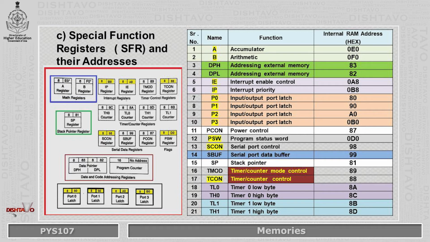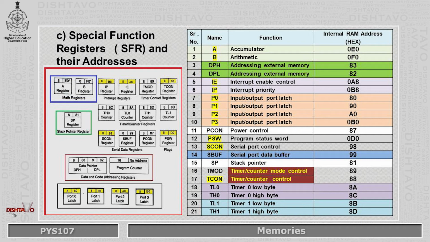SFRs are named in certain opcodes by their functional names, such as A for register A or accumulator, B for register B, PSW for program status word, and so on, and also referred to in opcodes by their addresses such as E0, as you can see in the table, E0 for register A, F0 for register B, D0 for PSW, etc. Note that any address used in the program must start with a number.